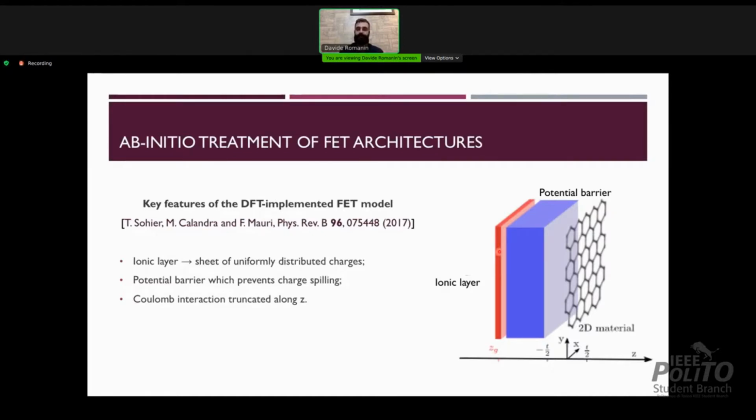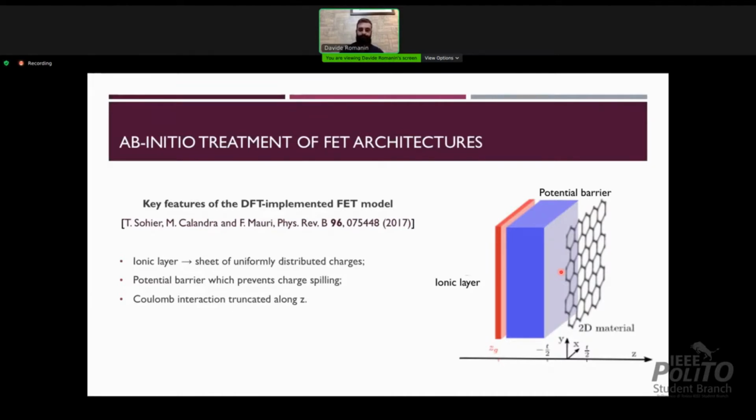all the directions. So in order to simulate a surface, we need to insert vacuum between different repetitions of the system in order to break the periodicity along one direction, for example, the one perpendicular to the surface. Therefore, the Coulomb interaction is also truncated in order to avoid spurious interaction with periodically repeated images along the non-periodic